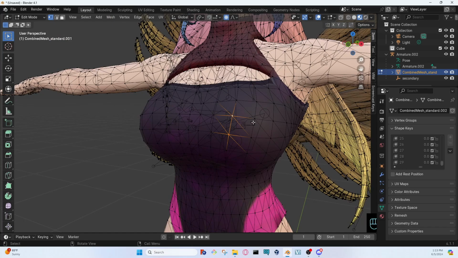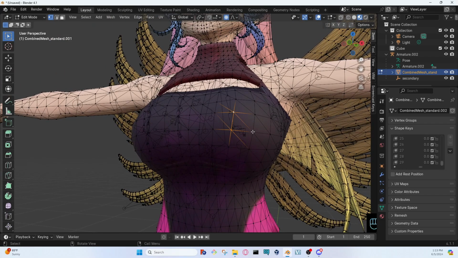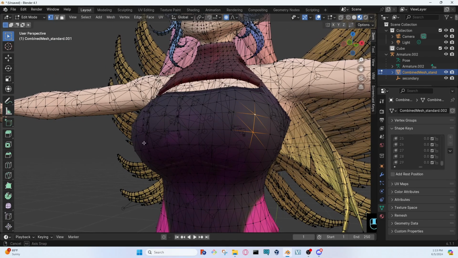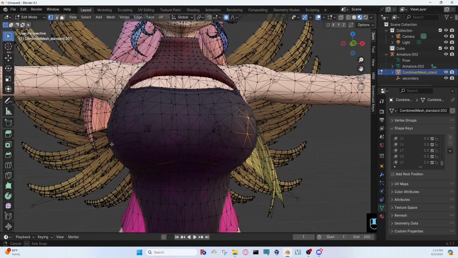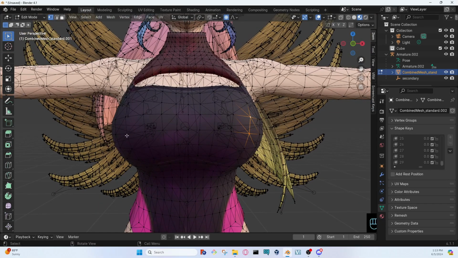Does that look right? Actually, scratch that. We're going to select this one, and then the outside two here as well. So these two, yeah, these two. We're going to add a shape key,